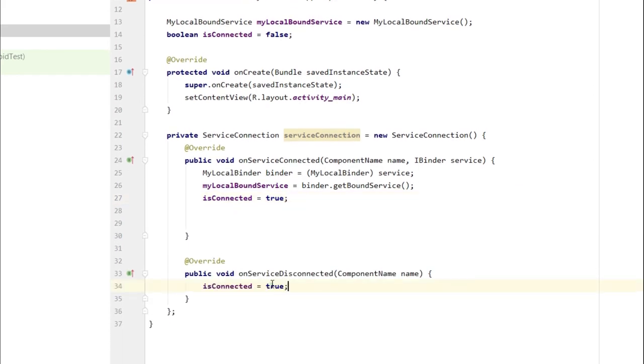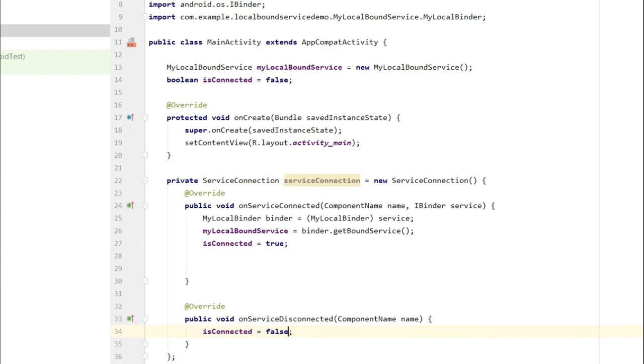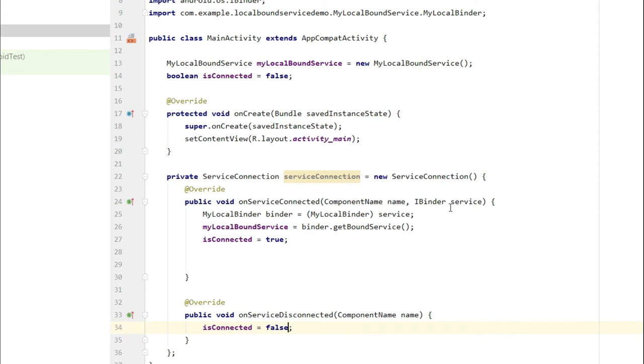Please make this flag false in onServiceDisconnected. So guys, upon connection we will get the binder instance, we will get the service from this binder instance, and will initialize our instance of the local bound service. Now connect our activity or this component with this service.